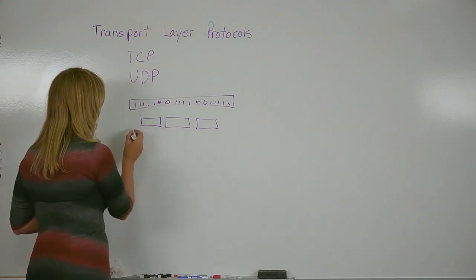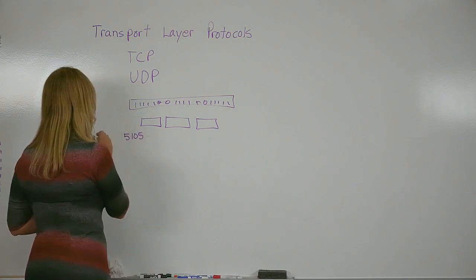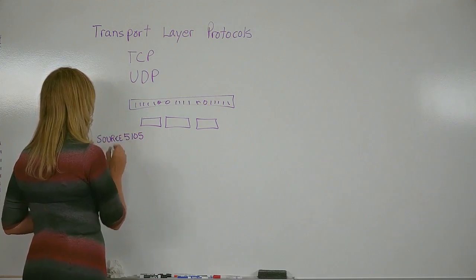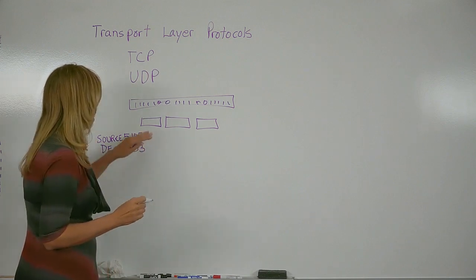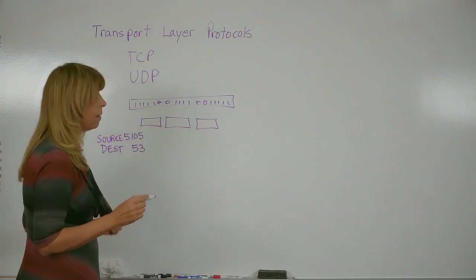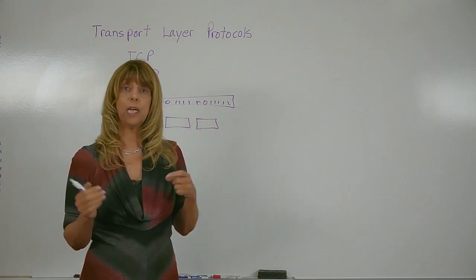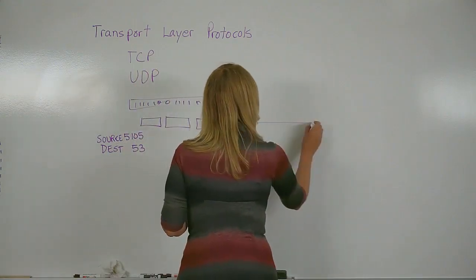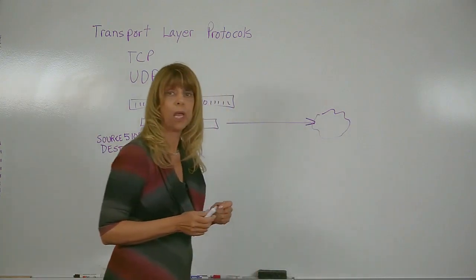So it's from, say, a random port, 5105, as the source. And let's say the destination is a DNS server. So that would be port 53. Each one of these segments is labeled with the source port and the destination port so that they become part of the same conversation. Now, when these actually get transmitted across a network, say like the internet, they may not